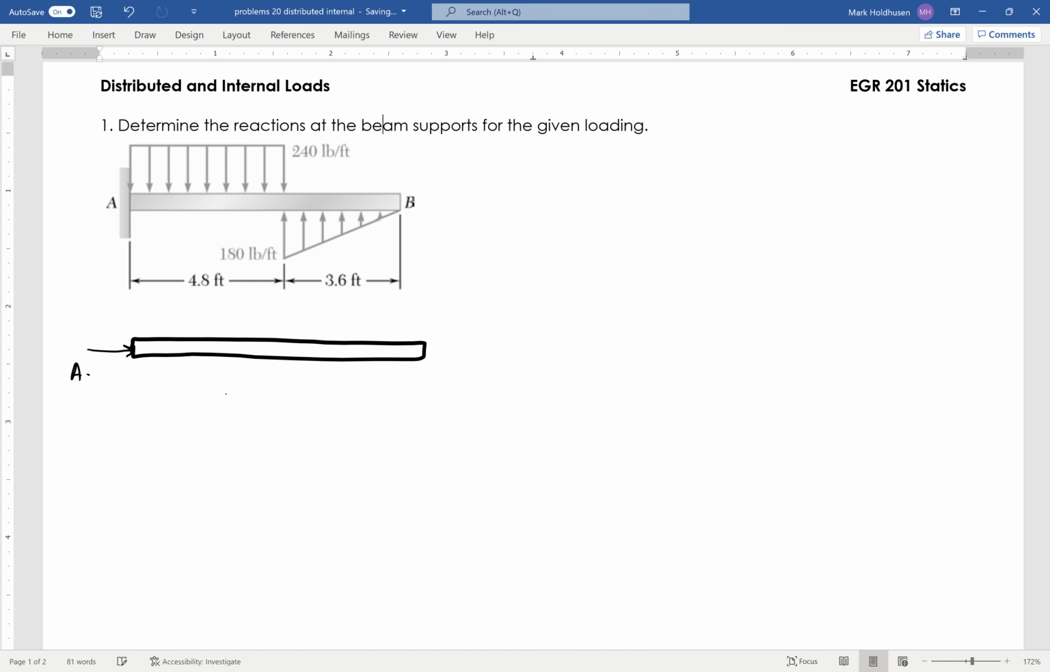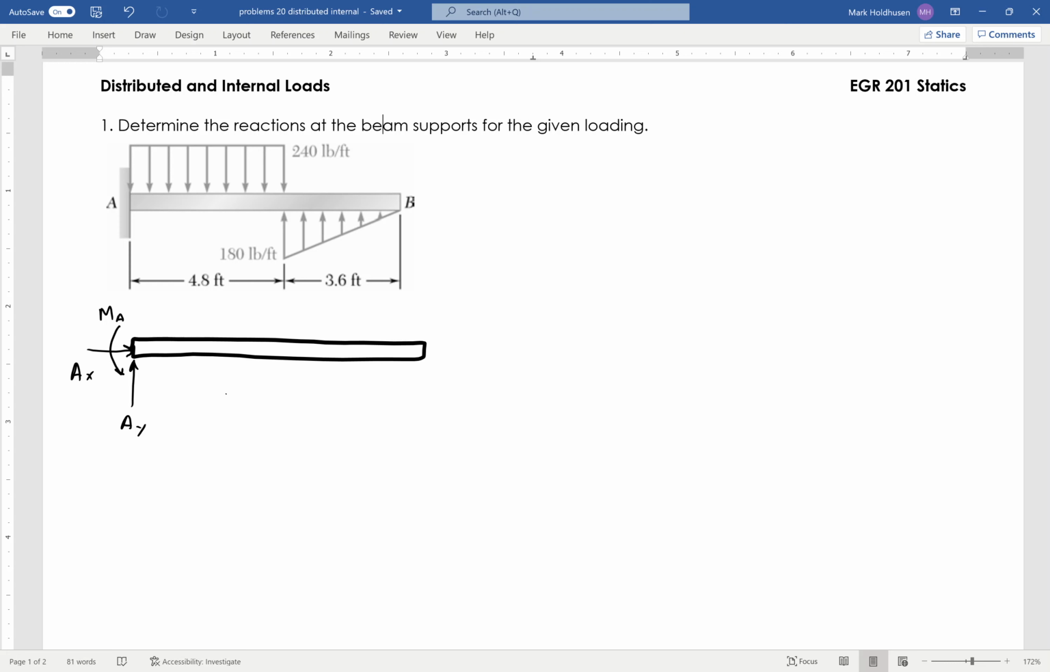So I'm going to have AX, which will likely be 0. I'm going to have AY, which I can calculate, and then I'm going to have some sort of reaction moment at A. Now, how do I deal with these distributed loads that I've got here? Well, the way I treat them is I basically say, it's the area under the curve. I replace them with a concentrated load that has a magnitude of the area under the curve and a location